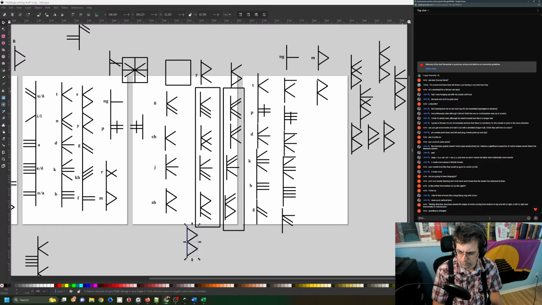I don't see any reason why they wouldn't do it that way. I'm probably going to have some sort of a left to right for all of these scripts because of convenience. It's very difficult to get right to left scripts to work, or up and down scripts to work. But anyway,